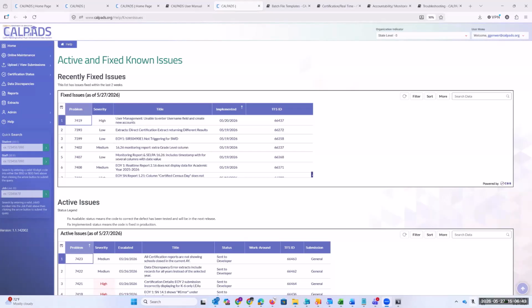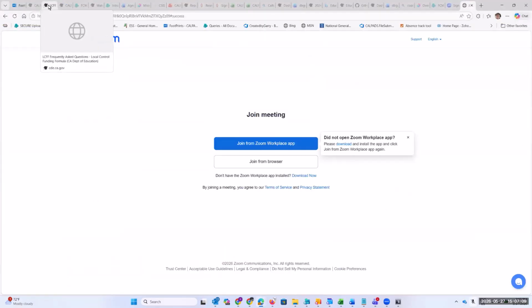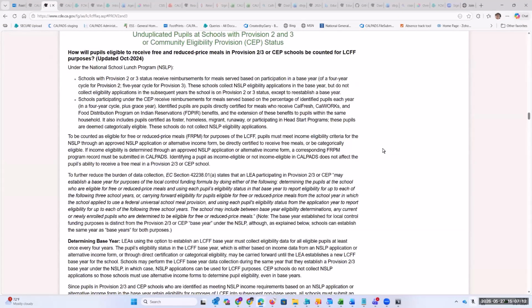Let's go ahead and move now into the questions. The first question is Q1 from Alan at 301. We have foundational questions about the data that we should submit to EDCS on the SSBC extract. For the NSLP column, should that column be blank if it is a CEP school? For the local DC column, should that column be blank if we don't have any local DCs and instead only have CalPADS extract DCs?